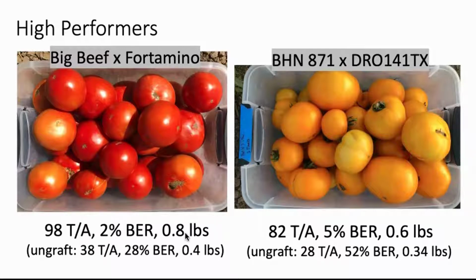fruit size. BHN 871 is this beautiful, beautiful golden beefsteak hybrid, ungrafted, a moderate yield, very high blossom end rot incidence, and a third of a pound fruit size. When grafted specifically onto DRO 141TX, very high yield, low blossom end rot incidence, and almost a doubling in fruit